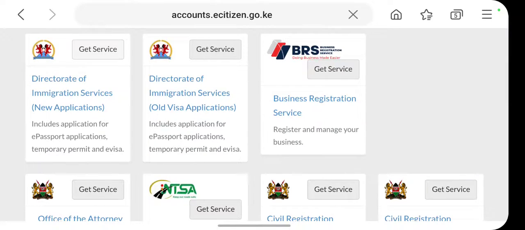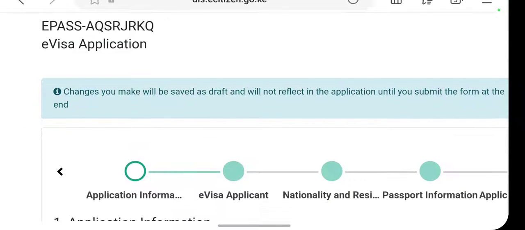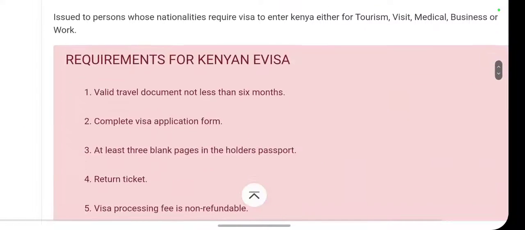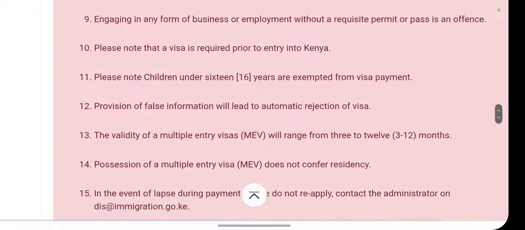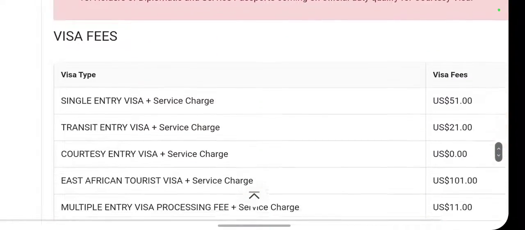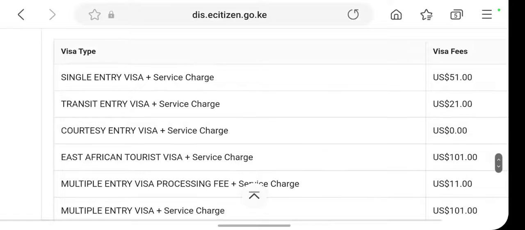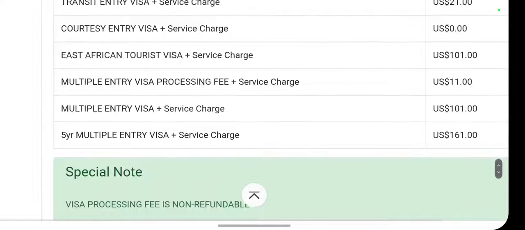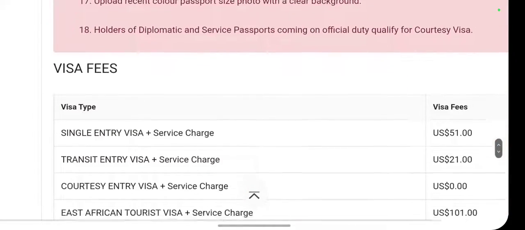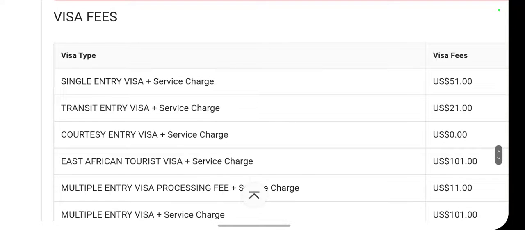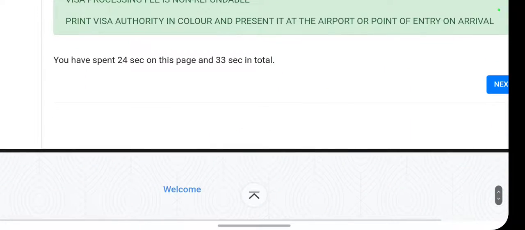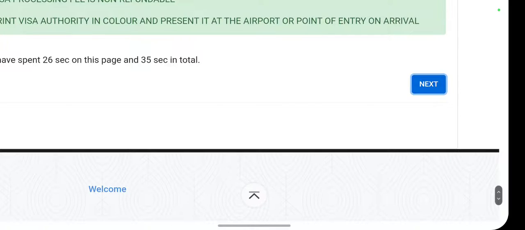So I click on get service. All right, so in this page they have given the application information. Basically on the first page they have provided terms, condition, and fee. You can check what is the fee they are asking. So for a typical single entry visa, the fee is $51 US dollars. So if I click on next,